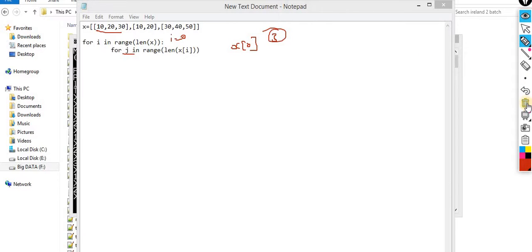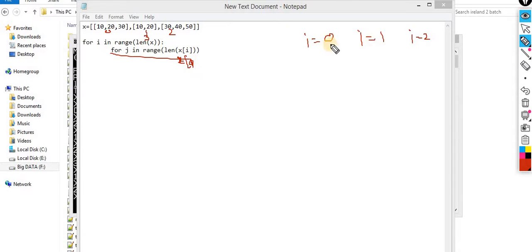The concept is this one. I am repeating once again the entire scenario. This time this loop will be executed 0, 1, 2. What is the length over there? The length is 3. So that means the I value will be 0, then 1, then 2. And what happens inside the j? Inside j, I am finding out the length of x of I. So x's starting value is 0. What is the length of this one? This length is 3. Again this loop will be executed for 0, 1 and 2. Now in the next iteration, when the I value becomes 1, what is the length of this? This length is 2.